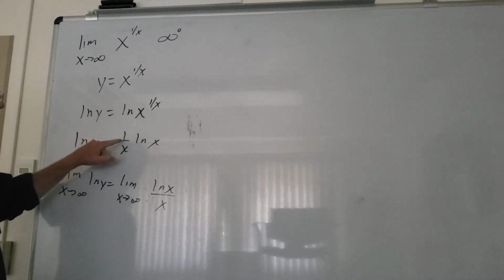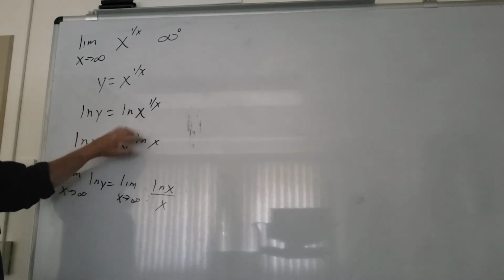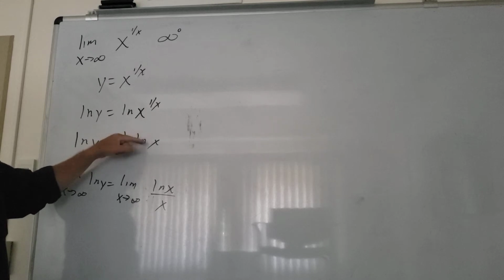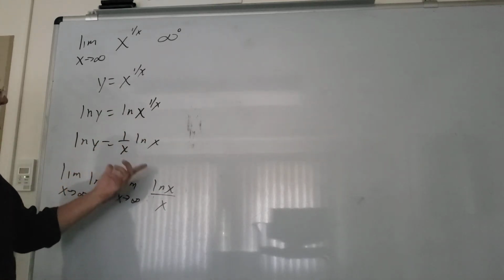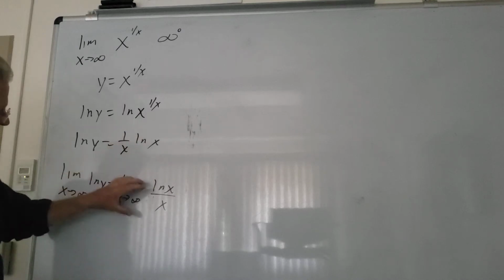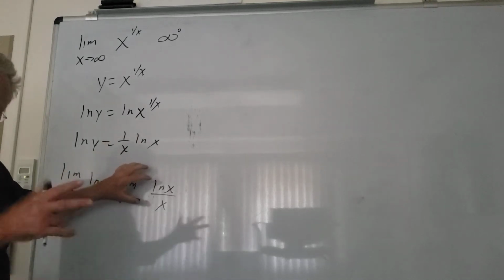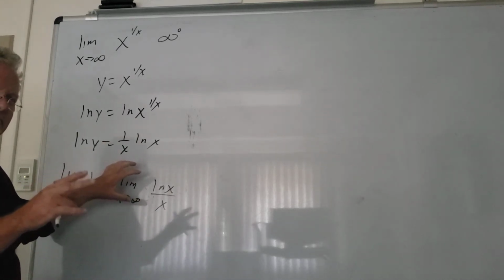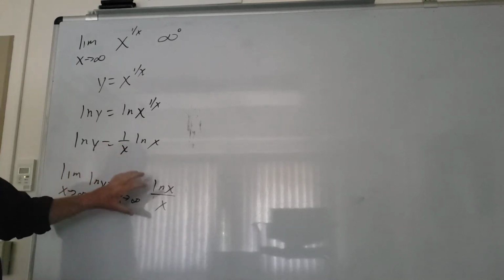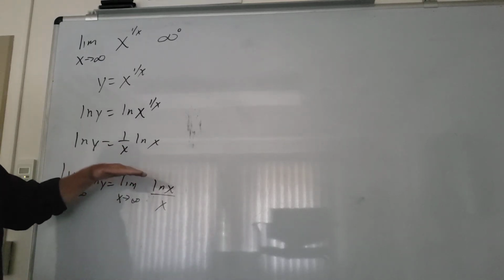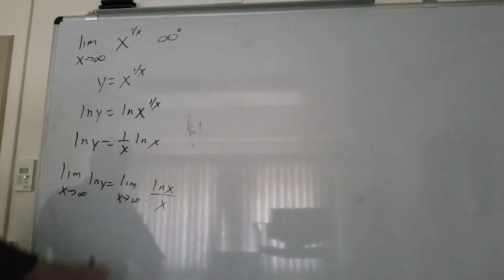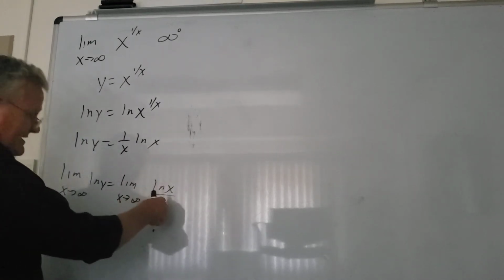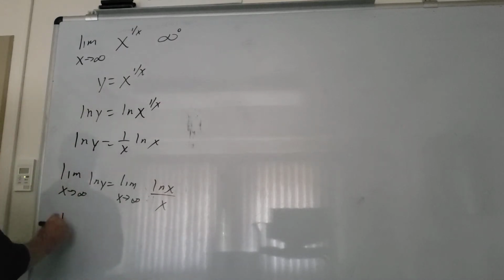Like if this was x times ln of x, we would want to write it as the ln of x over 1 over x, right? The reciprocal. That's the only place where you might have a little bit of a struggle, if you will. But at this step, we've got to have either 0 over 0 or infinity over infinity to use L'Hopital's rule. When we take the limit, it is infinity over infinity, so we can apply L'Hopital's rule to